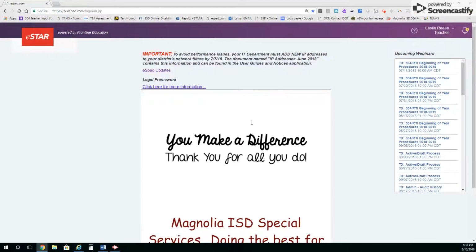Once you have logged in and set up your new password, this is what your home screen will look like. Up here in the top right corner, it'll have your name, teacher, and then this bell. When you've received an email that states you have something to view inside eSPED, you will see this yellow icon with a number in it, depending on how many accommodation pages or plans you need to review and sign. So you'll click on that bell,